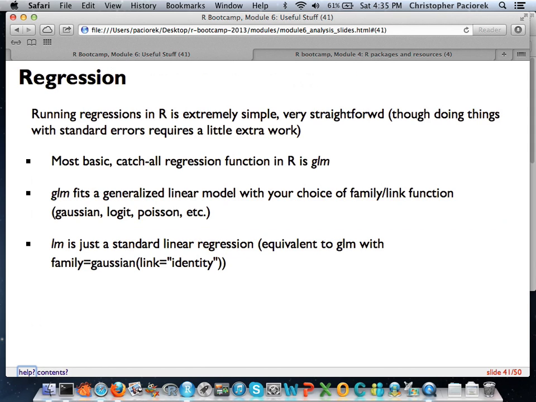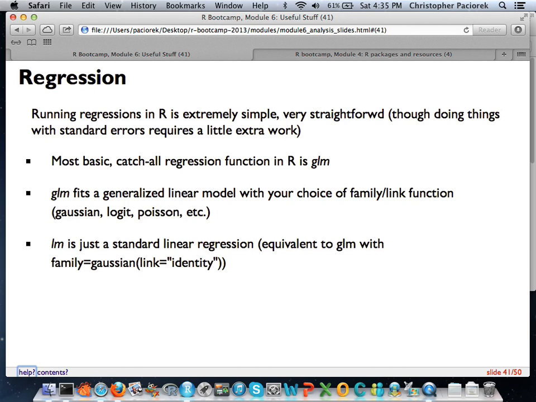Okay. So now we've gone over 2 of the 3 things for today. The first 2 were very much about working with data, trying to get an idea of what it looks like, trying to make it take on a shape that's preferable for you. And now we're going to get to some of the more basic things that applied people are really chomping at the bit for. And these are going to be things about regression.